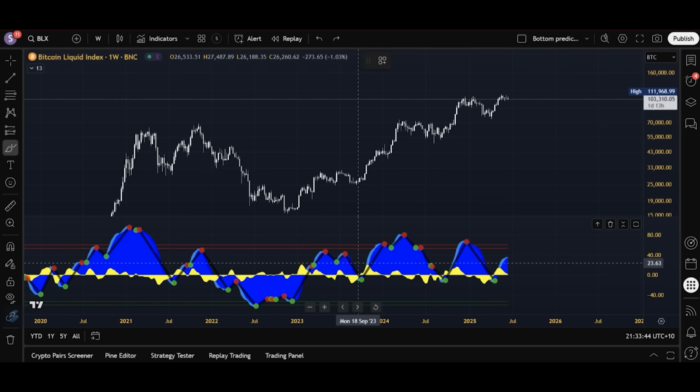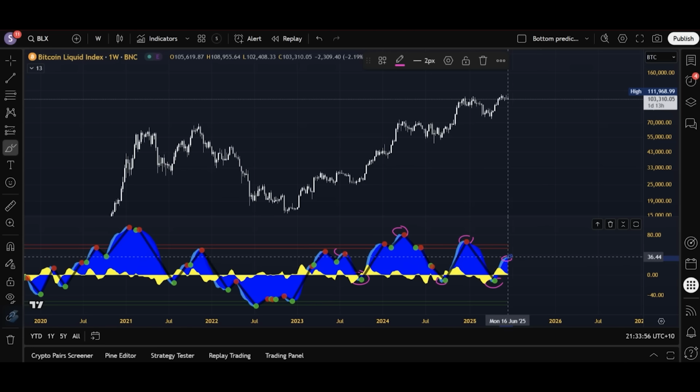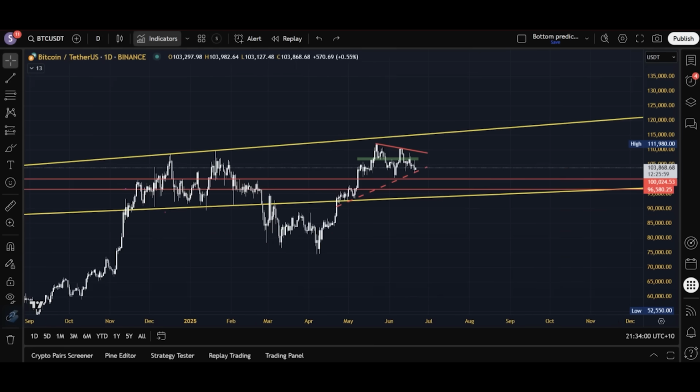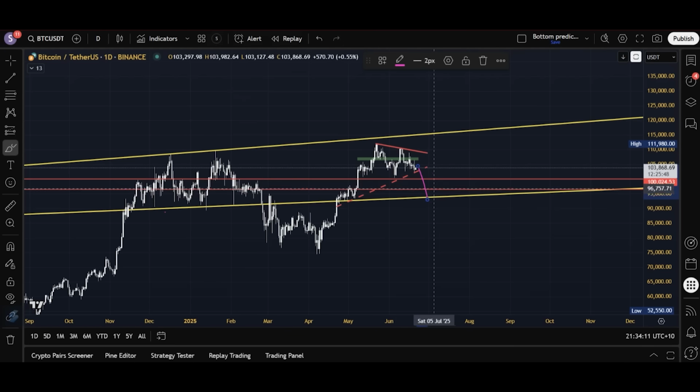I mean, especially in the last couple of years, you can see where these dots have been printed. They've actually been quite accurate. But I think this time and this particular occasion, well, first of all, no dot has been printed yet. And second of all, if it was to be printed, it would be getting printed into a level that is important cyclically, to the point in which if it broke, it would break the entire cycle that has been going on for 12 years. So at that point, I just think you'd want to be waiting for the evidence for it to actually break first before reacting to a sell signal from the Market Cypher B.